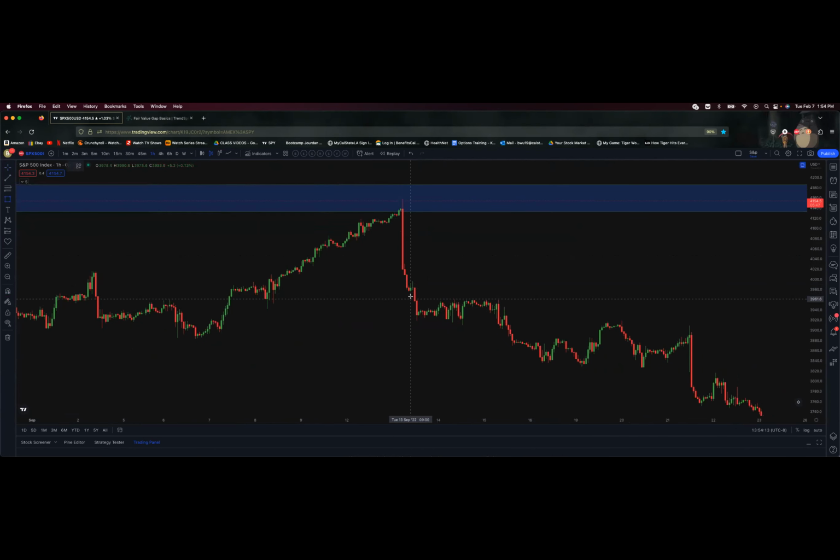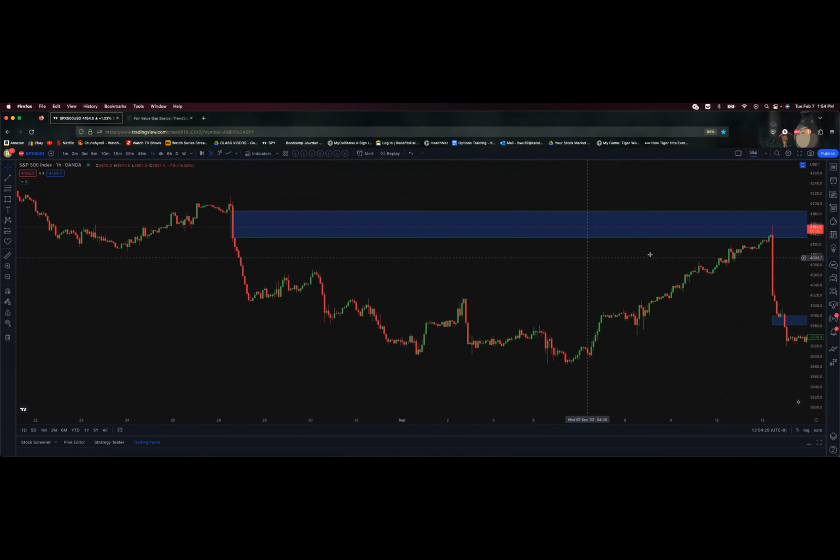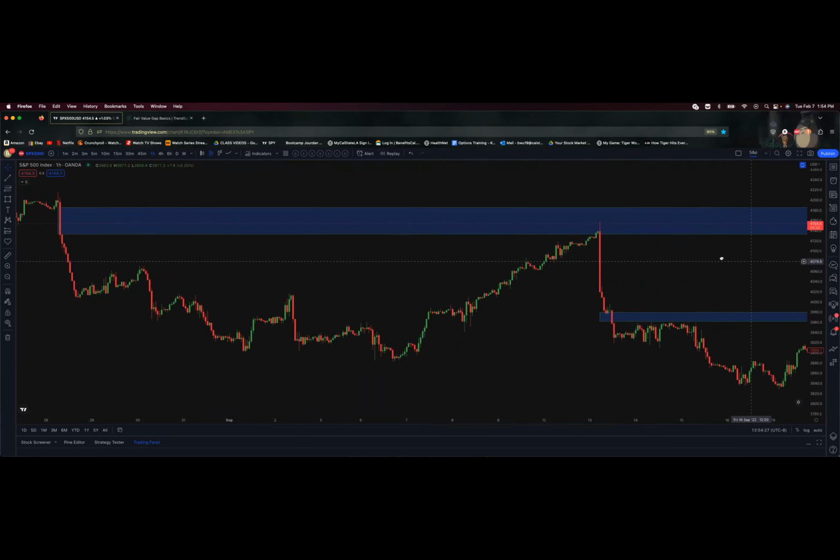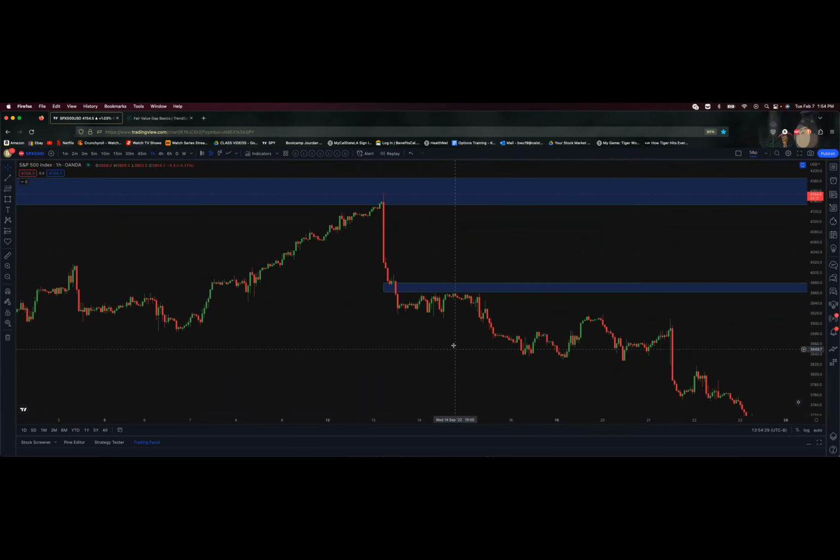So let's just rehearse. Whenever you guys have the time as well, just practice like this, right? It could be still during market hours. If you don't have replay, you can just go further back and slowly, without cheating, drag it over and see how price reacts so you can get that practice in. All right, so we had a fair value gap right here as well. And you see how the price was hugging this area, and then we get another 3-2 reversal, right,